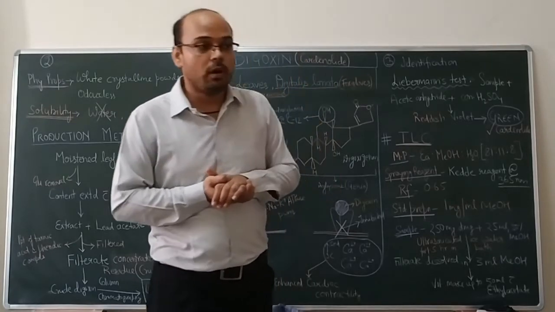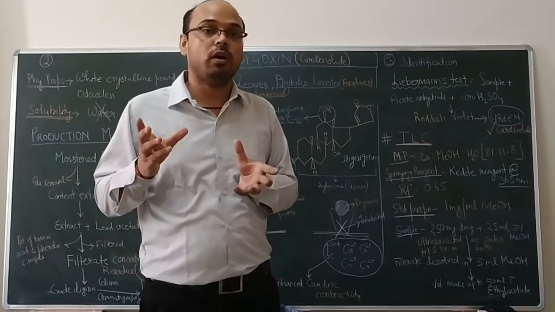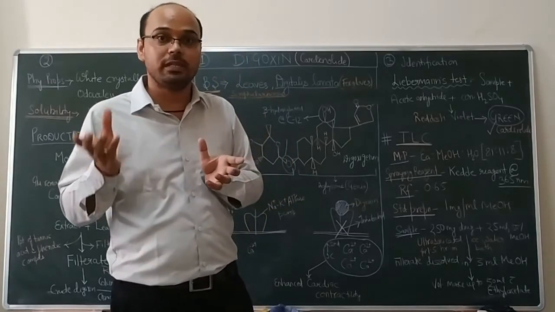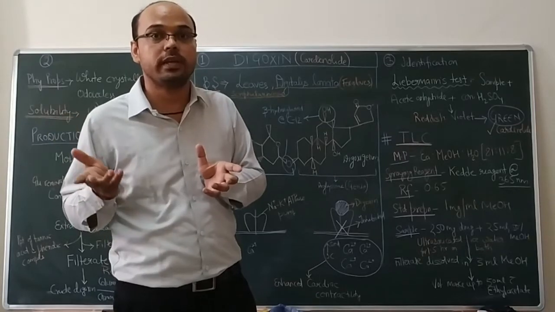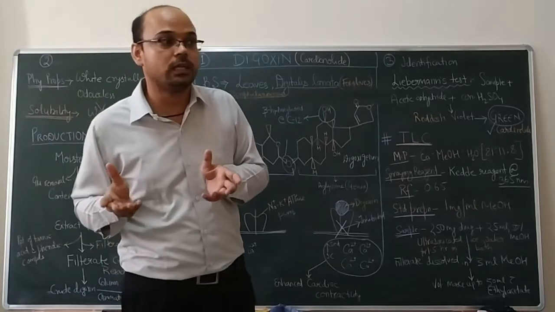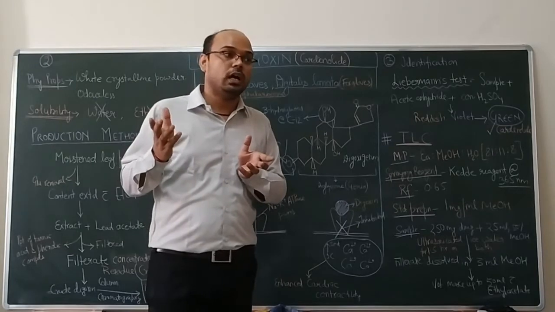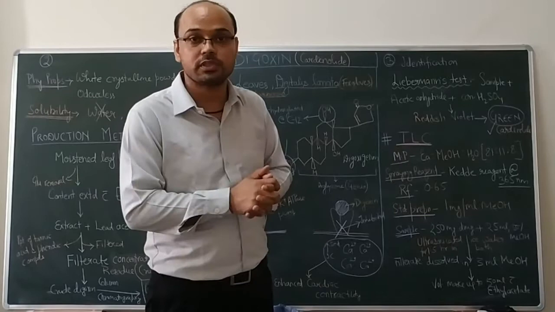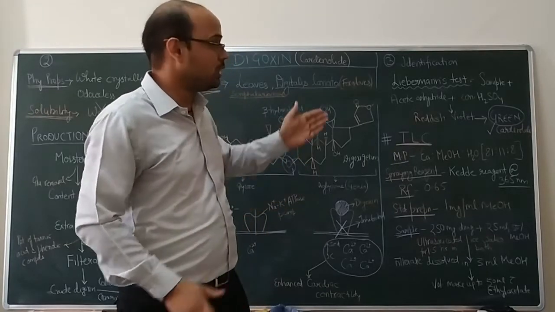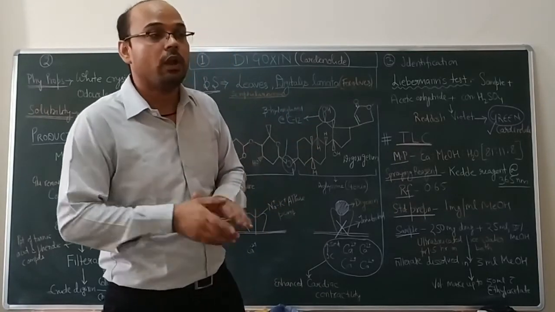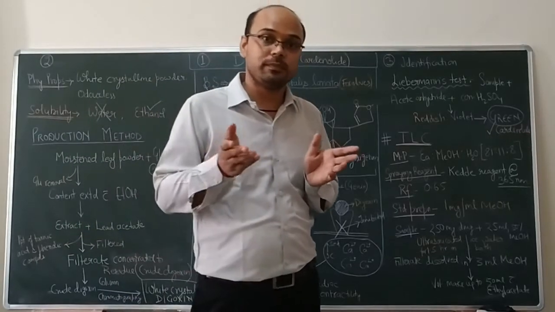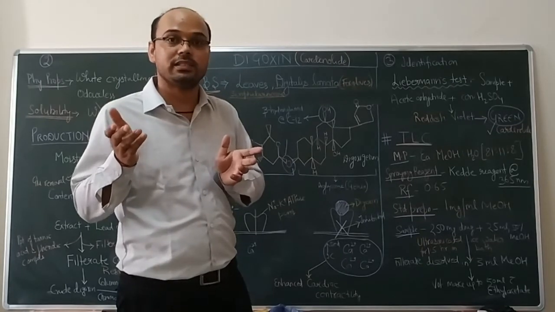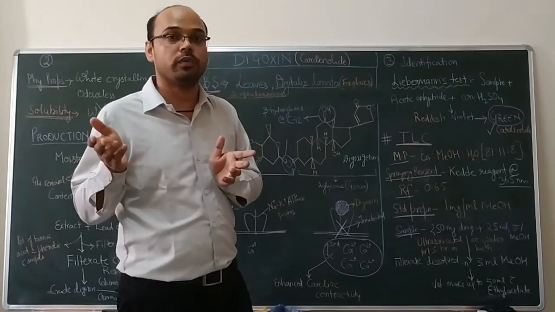Since we are also concerned about the estimation of the constituent in our sample, for estimation or analysis of the phytoconstituent we perform various sophisticated techniques like HPTLC, HPLC, and TLC can also be used for phytochemistry. So here we have mentioned the conditions for thin layer chromatography. Here we use fluorescent silica gel, which is called silica gel 60F254.